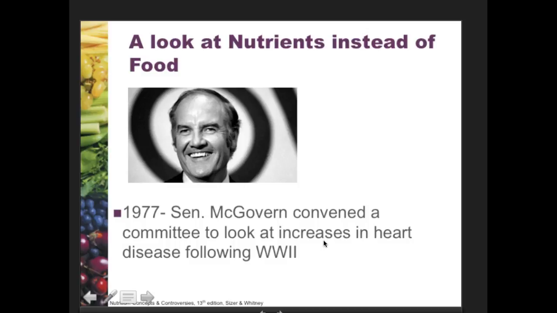So we had a decrease in heart disease during World War II, and there was a lot of food rationing going on. There was very little red meat, very little dairy allowed during that time. We saw this decrease. But as soon as World War II was finished, we had a heyday in terms of what went on in this country, and food followed along with that. Our intakes of a variety of foods increased. So Senator McGovern convened this group of scientists to say, what's going on? Why are we seeing these rates of heart disease? We really want to focus on the promotion of health for our public.